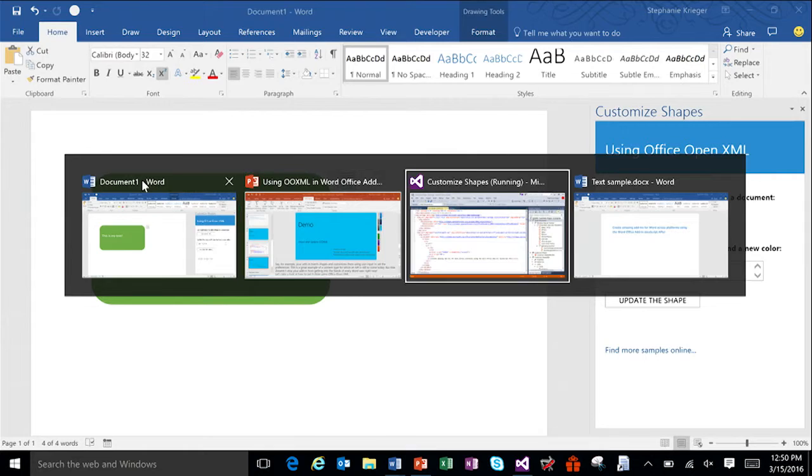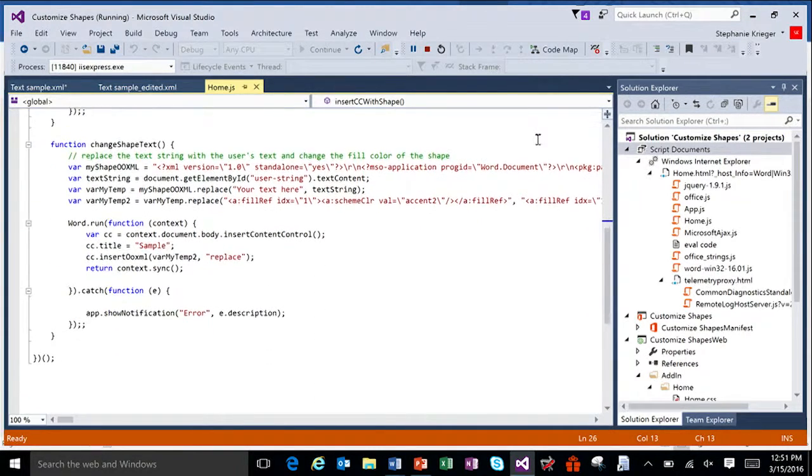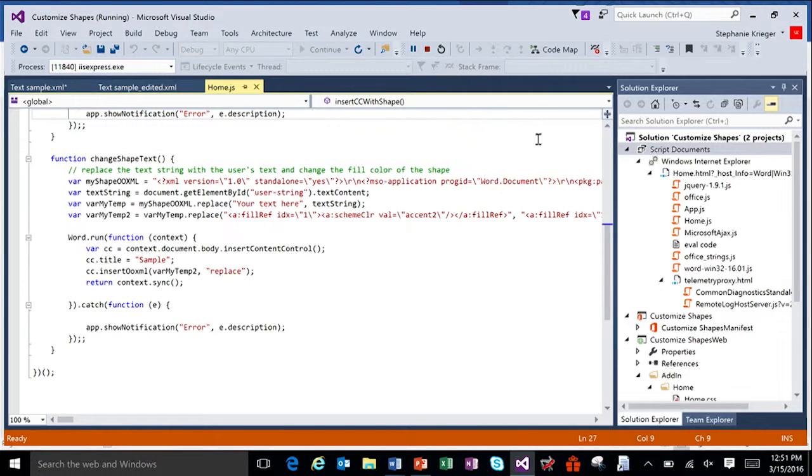Let's take a look in Visual Studio. All right, so the first thing that we're going to do is insert that shape. Notice here, I've got my markup. I'm going to create a content control, give it a name, and then use that markup as the content inside that control. When you want to update that control, again, just start with the markup,